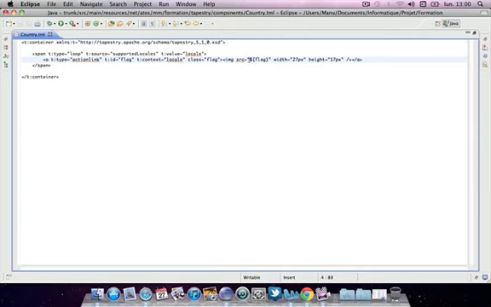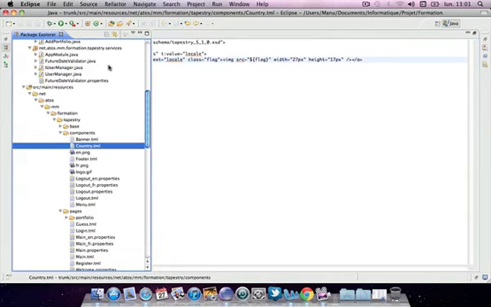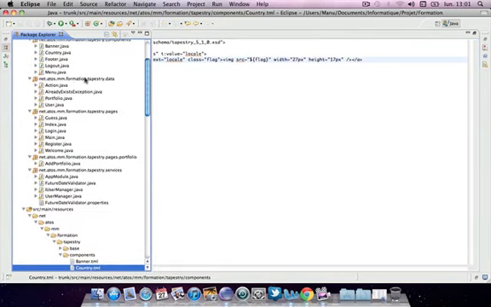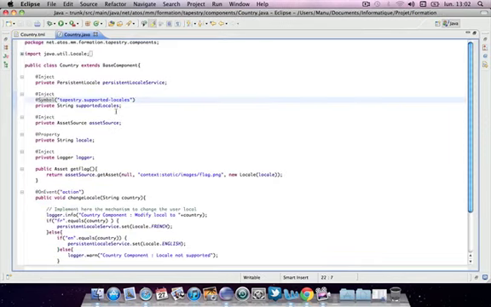And in Tapestry, we will use a flag Java attribute for the path of your pictures. So in our Java class, first I injected supported locales, which refers to the symbol configured in our IOC module class. So we just have to annotate it with the @ symbol and give it the name of the Tapestry symbol.